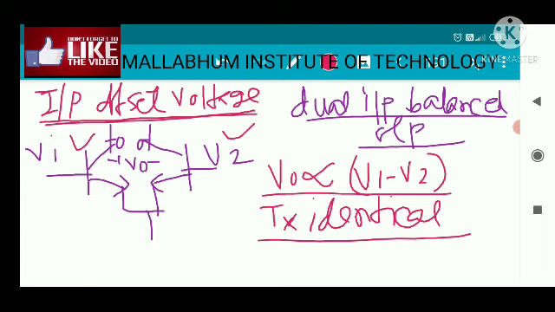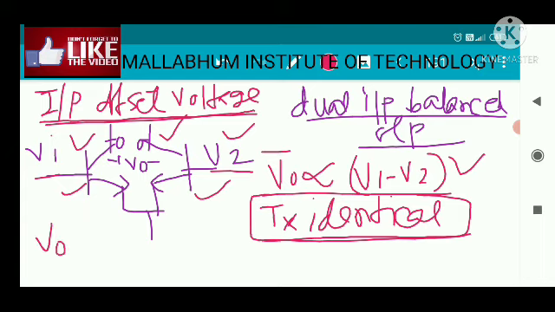for the first stage of the operational amplifier, that means the dual input balanced output differential amplifier, there is an input voltage V1, input voltage V2, output voltage V0. In the case of the Opamp, we know that the output voltage is proportional, that means V0 equals some gain times the difference between these two voltages. This is true when the transistors are identical in all aspects, but practically both transistors cannot be exactly alike. So the problem arises that V0 will not be